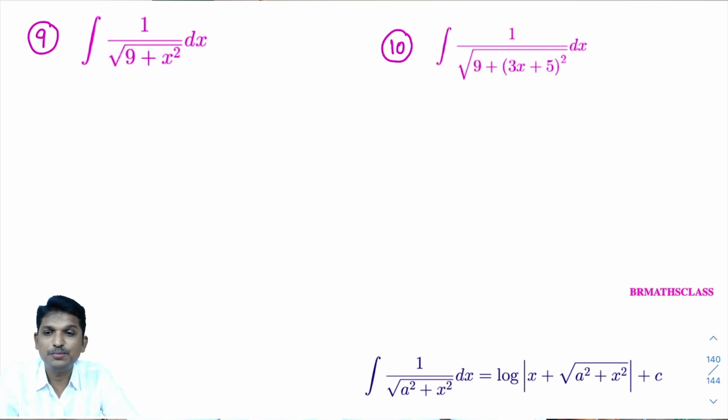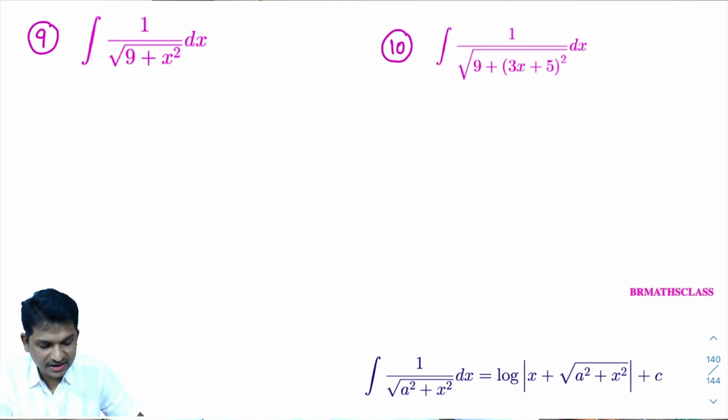If someone asks, sir, please give me a trick to learn this formula. The best method is to take pen and paper, write all formulas at one place, and try to get a trick to memorize these formulas. Practice makes you perfect in learning these formulas. I can say here a square plus x square is there, here a square plus, something like that. But take pen and paper, write all these formulas at one place, and try to get your own trick.